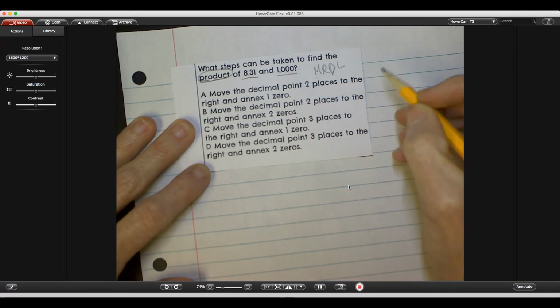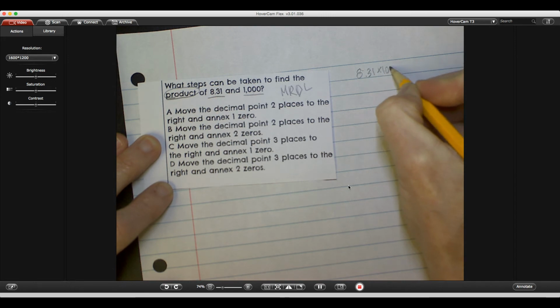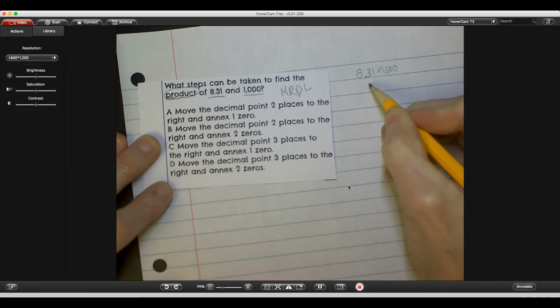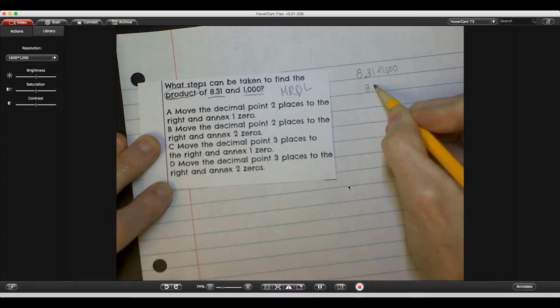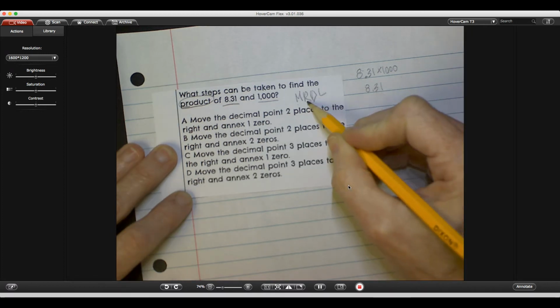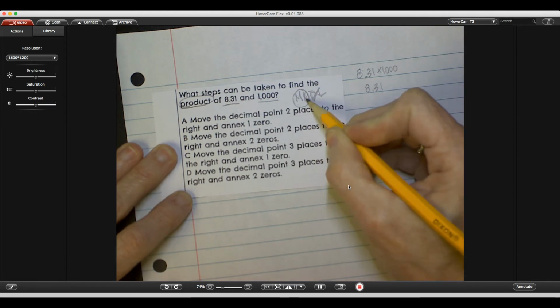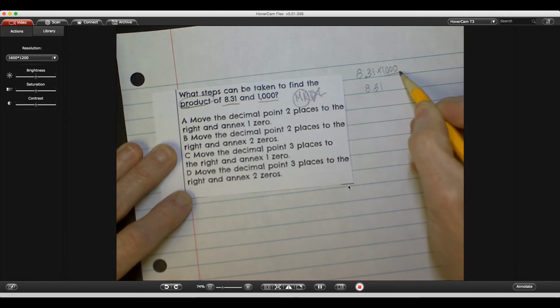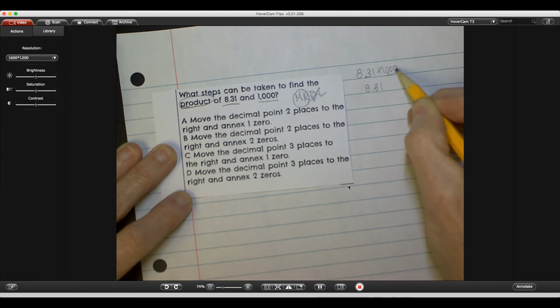So I'll go ahead and write it down, 8 and 31/100ths times 1,000. Rewrite my power of 10 number. The number that's not the power of 10 number. I have my Mr. Dull. I'm multiplying, so I need to keep Mr., get rid of Dull, multiply right. There are 3 zeros in 1,000, so I'm going to move my decimal 3 times, 1, 2, 3, to the